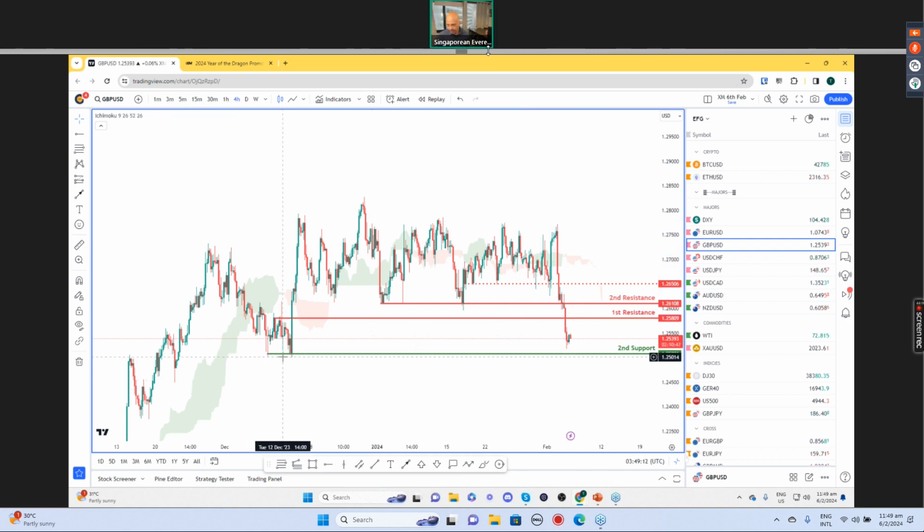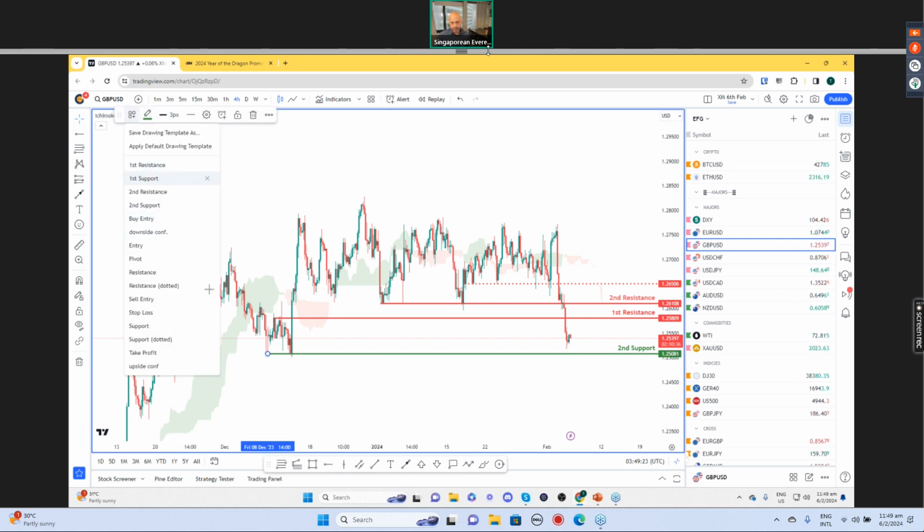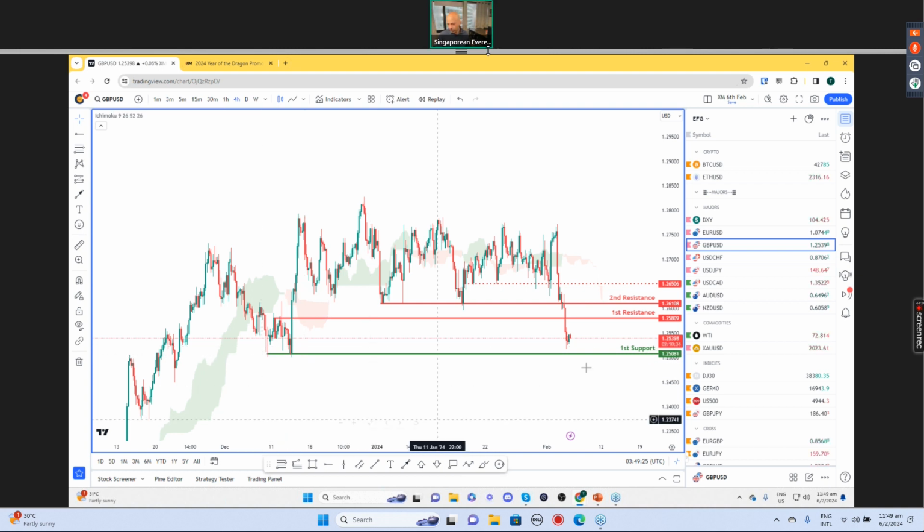Right, first support here, we can see, with price falling sharply yesterday for the pound. This should now be the first support. By identifying 1.2508 as a major first support, and with price falling lower here, we should be identifying a suitable TP